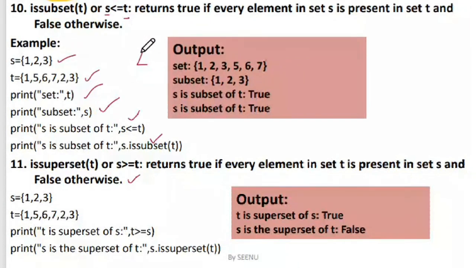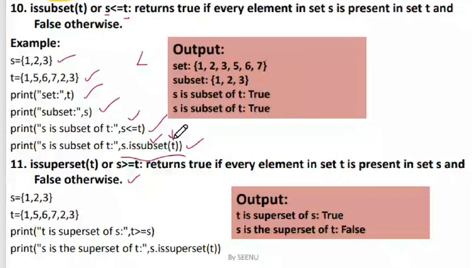I already have shown you that slide. So here I want to check whether it is a subset or not, so I'm saying S is less than or equal to T. I can also give it in this manner, or I can also use the method is subset. How do I give it in the program? I'm saying S dot is subset, and in the function, is subset is a method, so what you're passing is T as an argument into this particular is subset.